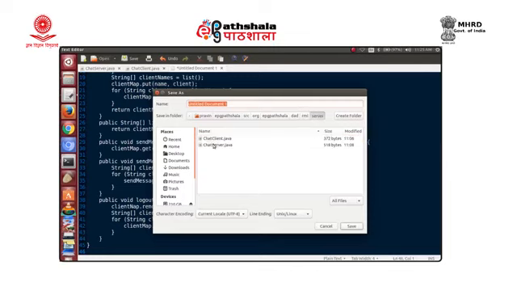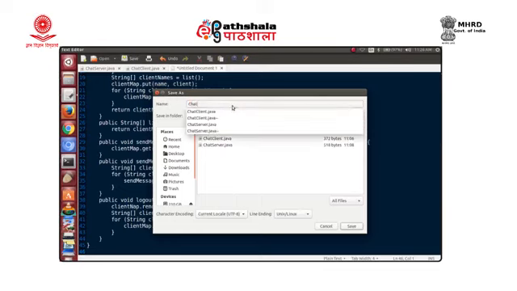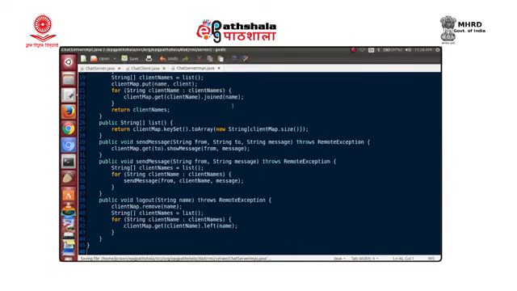So we save it as chat server implementation dot Java. So we have written the chat server implementation.